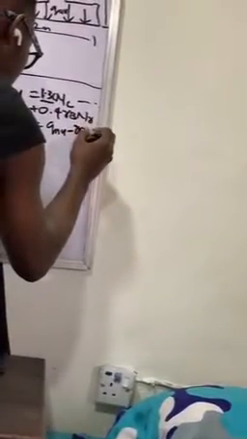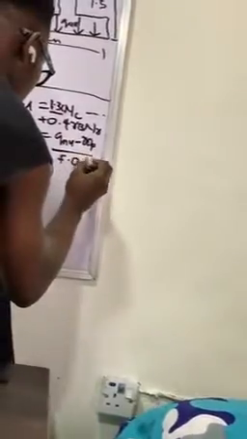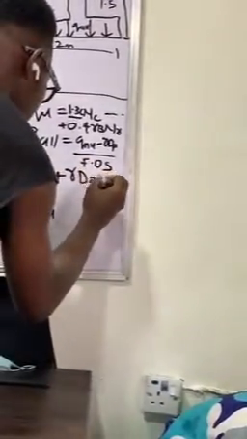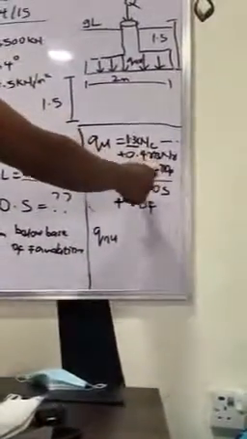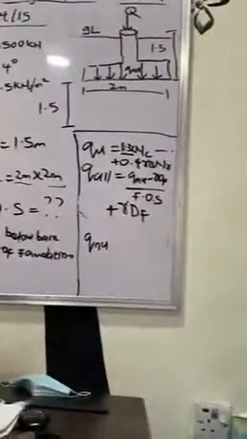So I'll just make the relationship very quick. QU is the general formula I wrote before, CNC and so on. Since you are doing the square foundation, you have 1.3 CNC and you have 0.4 gamma B N gamma. Now Q allowable is given by QNU minus gamma DF over the factor of safety. I'll just click the QS to explain that this is plus gamma DF. That is QNU minus gamma DF over factor of safety plus gamma DF. And QNU is given by